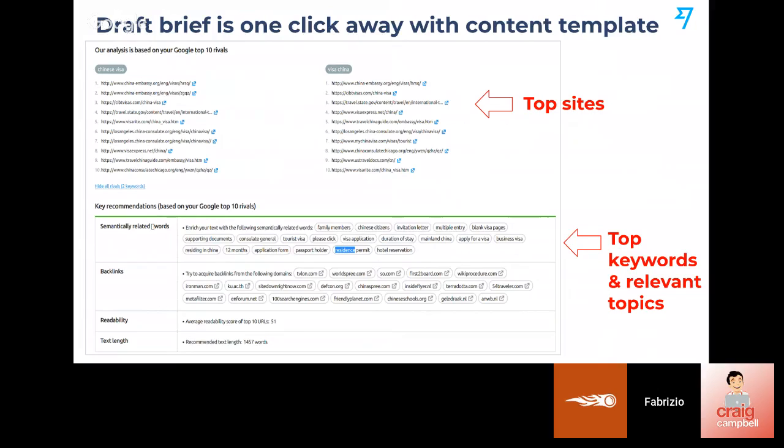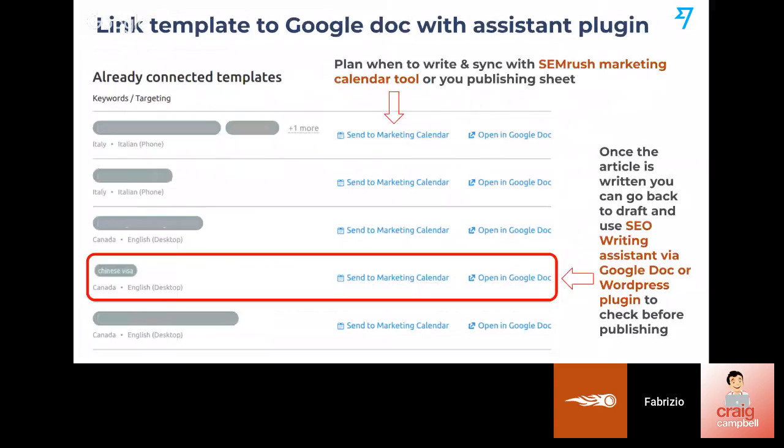And this is just the first step, right? By adding a keyword and pressing one button, you start having a top-line understanding of what the brief should look like. And I think the really important part is when you start creating this content template, and then you link it to the writing assistant, which is the tool that helps you validate that the content actually matches this. And we currently don't use the writing assistant only to validate after the content is produced whether it is good or not, but we edit the writing assistant even before the content is produced to refine those recommendations,